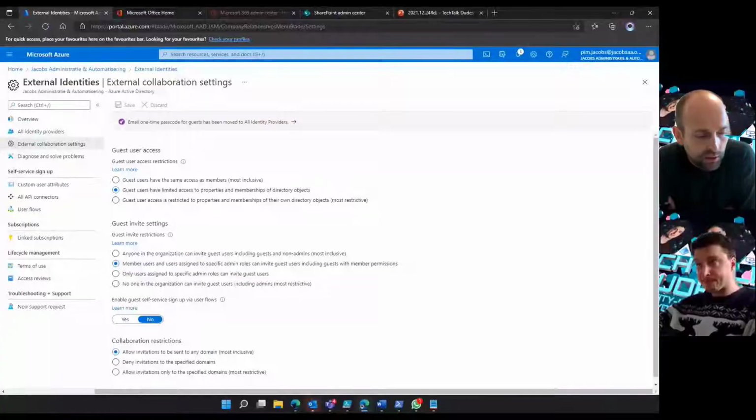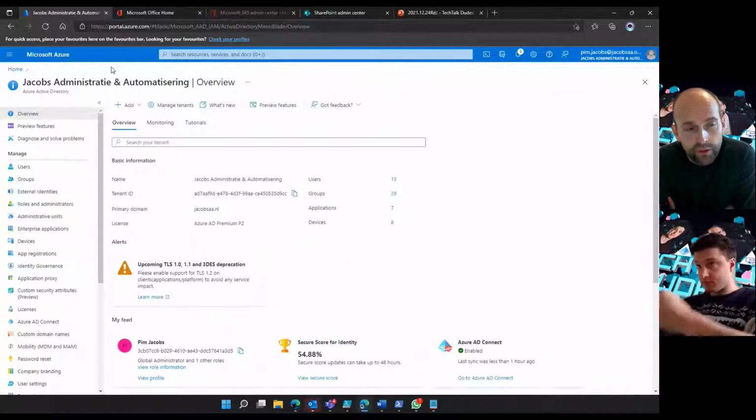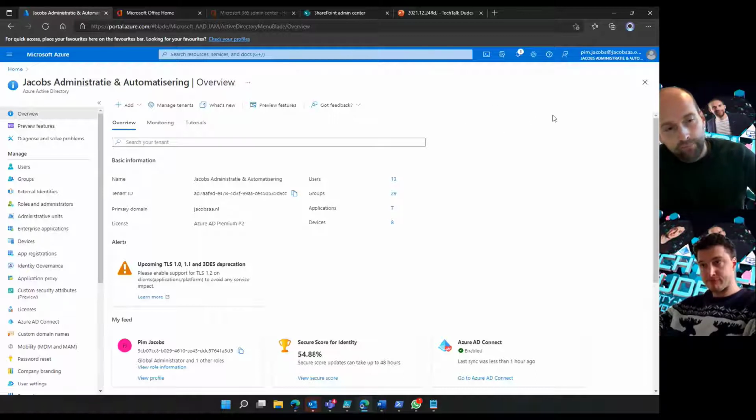What I can do is I will share the screen. In your introduction you mentioned that we should first make sure that some basic settings are configured properly. From what I understood myself, there are multiple entries or multiple portals where you can configure guest accounts and settings. So it might also be confusing. So perhaps it's good to show us what are the important settings which you should definitely